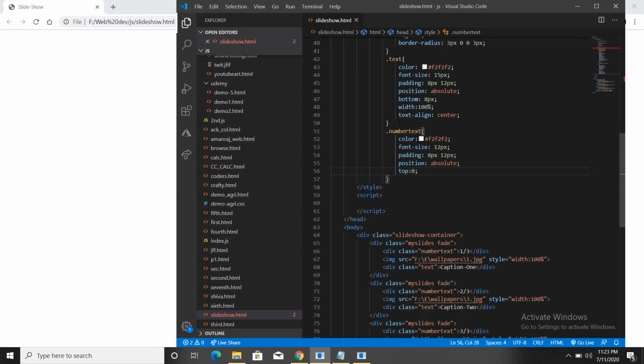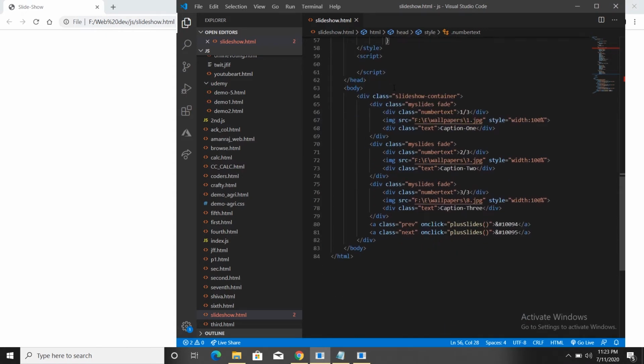Now we'll again come back to the HTML part. We'll make some dots. The dots will show that when I shift the slide, I will get a dark view of the dots, and when I come back, it will be a light value. Whichever slide is switched on, or whichever slide is in view, that dot will be in the dark form, others will be in the light. So we'll design something like this.